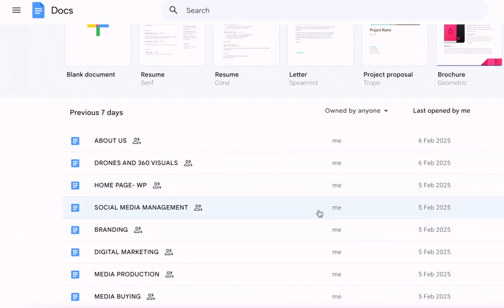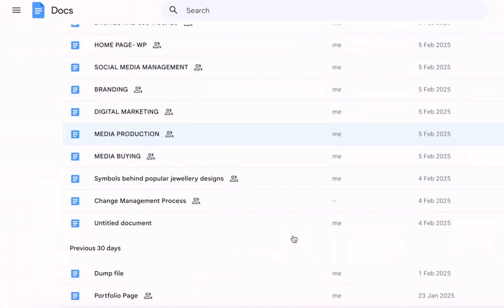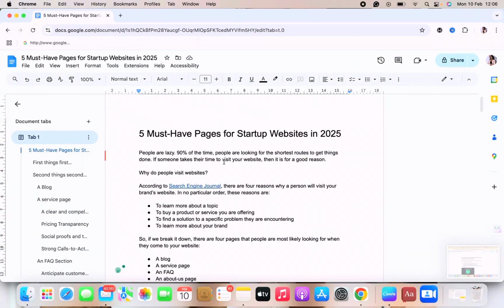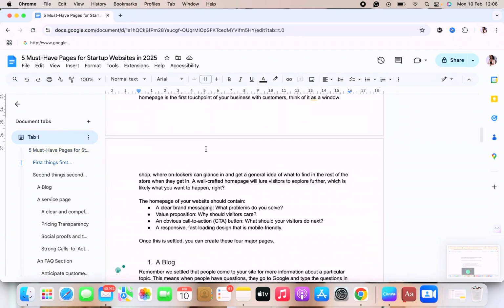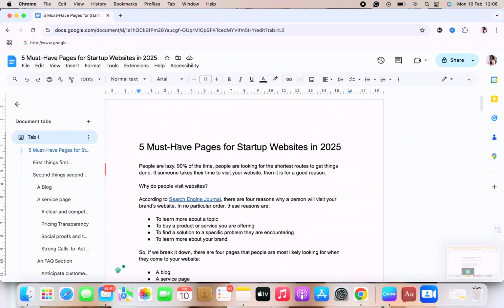So let me find the blog. First blog that I want to start with: 5 must-have pages for startup website in 2025. It's very aligned with what I want to push out this year, so this is what I'm going to put out. Like I said, I wrote it a long time ago, so we're just going to copy and add this